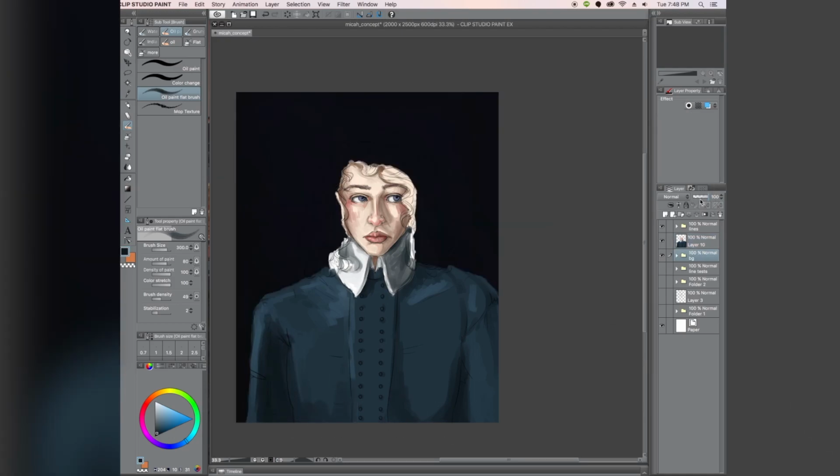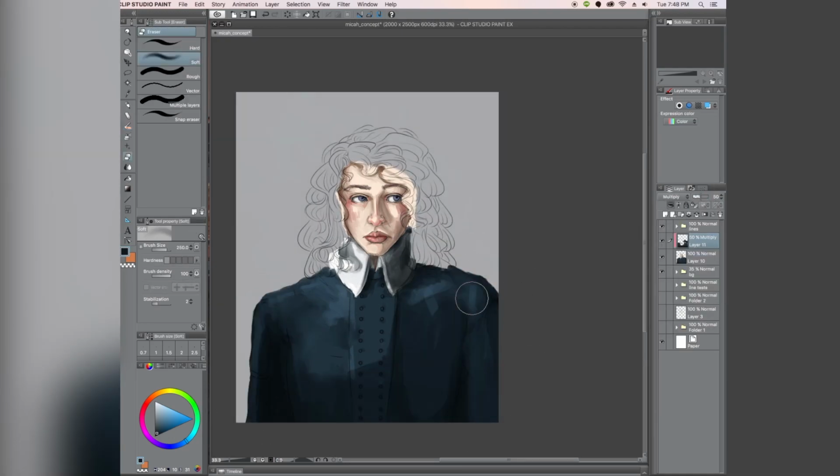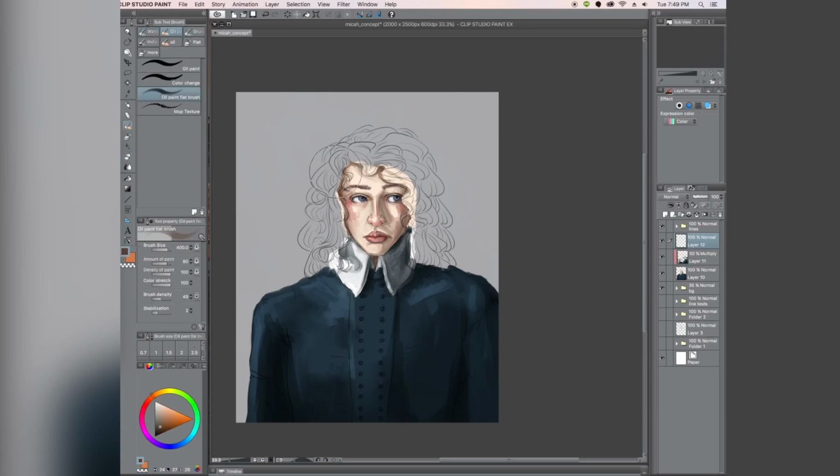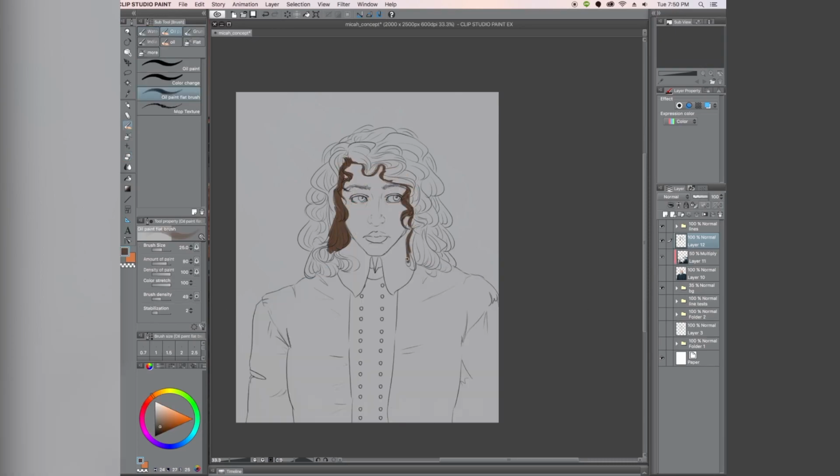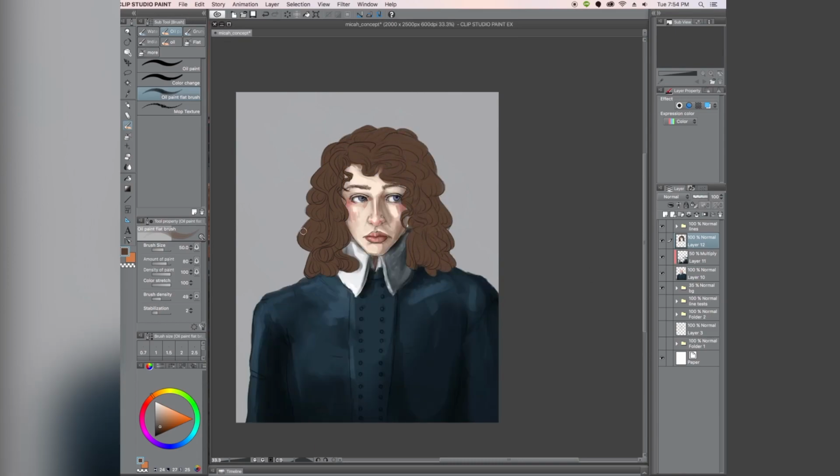I just really like shading. That's probably why. But yeah, so I'm drawing on a Cintiq, and that is one of the main reasons why I wanted to try painting like this also, because basically my dad works at an animation studio, and they donated Cintiqs that they were done with, so I got one, and that's amazing.